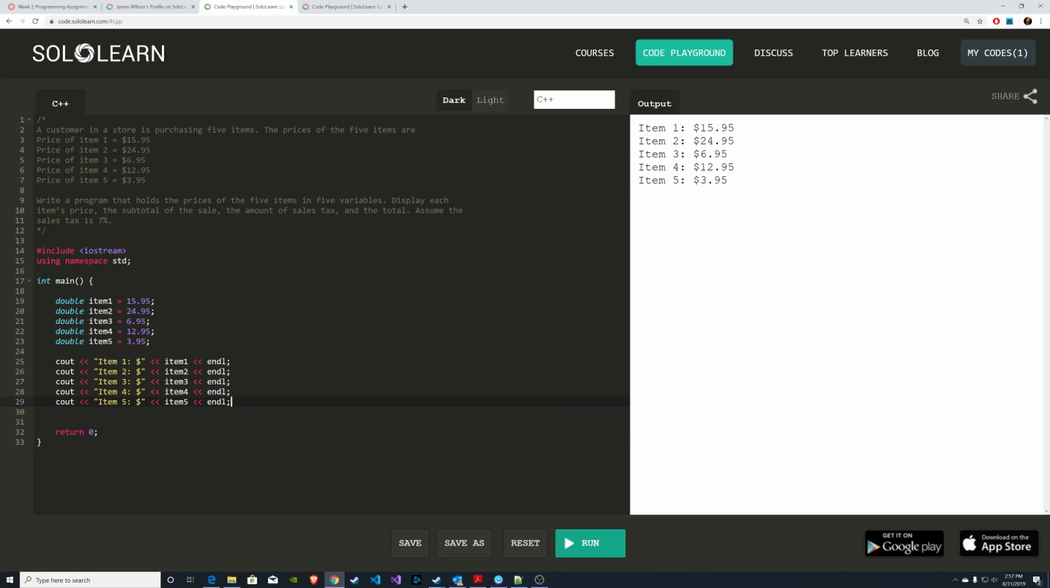Now, the next thing we want to do is the subtotal of the sale. The subtotal is just the combined total of all the items before the sales tax. So, excuse me, let's cout the subtotal as, and we're going to put it as a dollar sign. Now, we could do item 1 plus item 2 plus item 3, and so on. But we're going to want to use the subtotal again later when we calculate the sales tax. So instead of writing all that out,